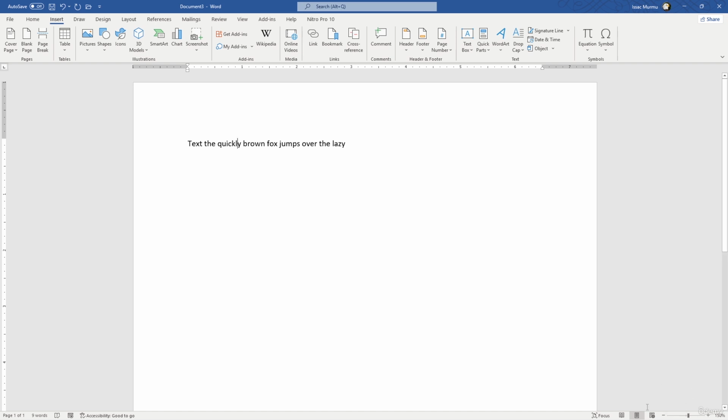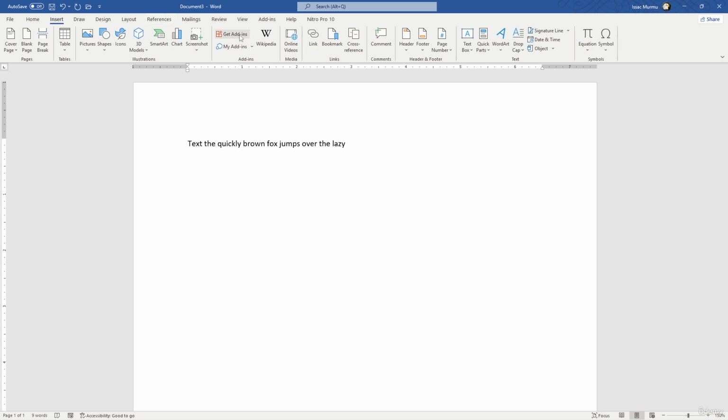Okay, so let's pause for a moment and take a look around your screens, and also try identifying each part as I describe them again, like the title bar and quick access toolbar, ribbon, document area, and status bar. Okay, so now let's go deeper into the ribbon, since this is where you'll spend most of